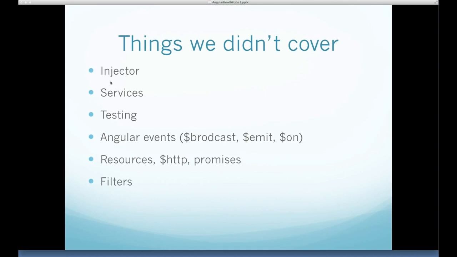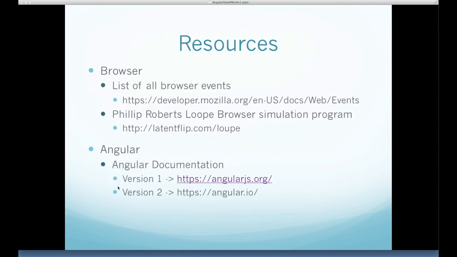One is the injector, very important, but we just didn't have time to cover it. Angular services, Angular testing, including Jasmine and Protractor. Angular events, these are distinct from browser events. Angular has its own broadcast, emit, and registering callbacks on its own event system. And Angular resources, HTTP and promises. This is how Angular communicates with web services. And also filters. We touched on that a little bit in the Plunker example. But these are things that are the next thing to study about Angular. Here's a list of resources available for